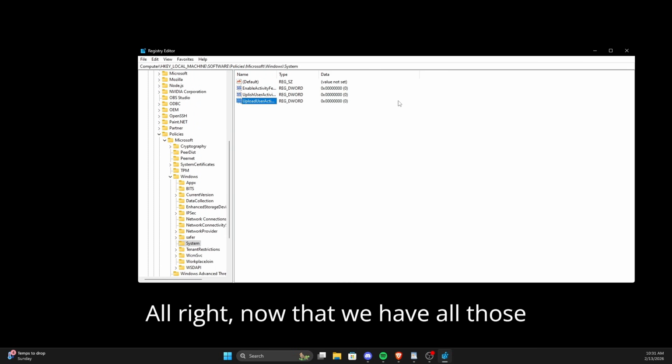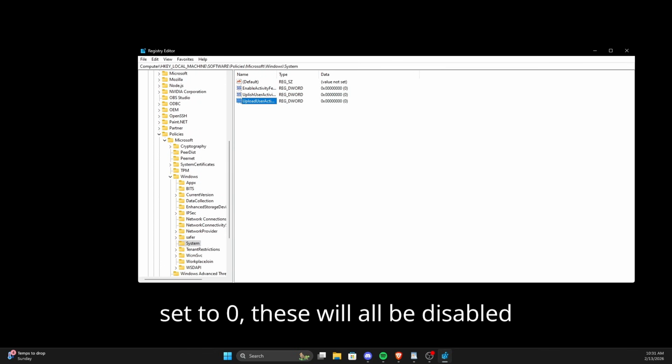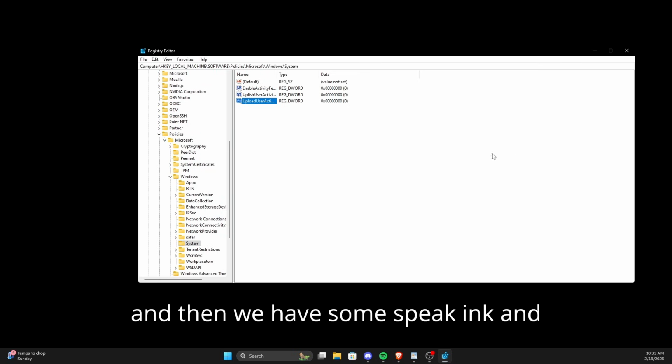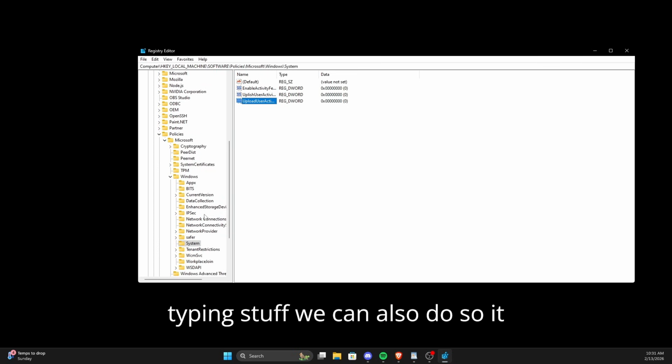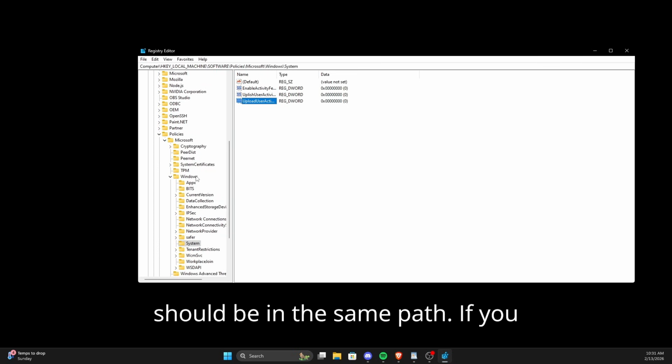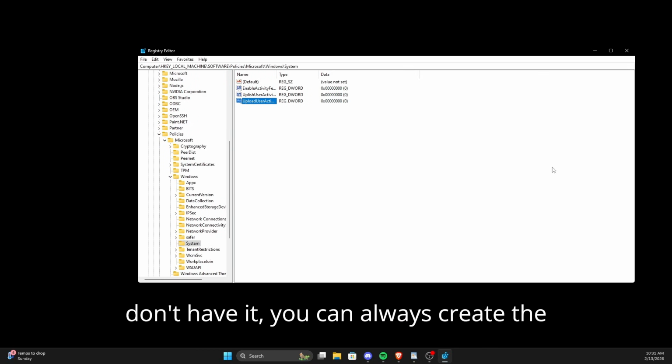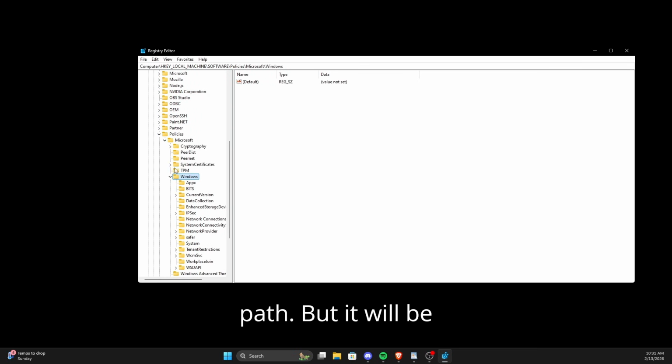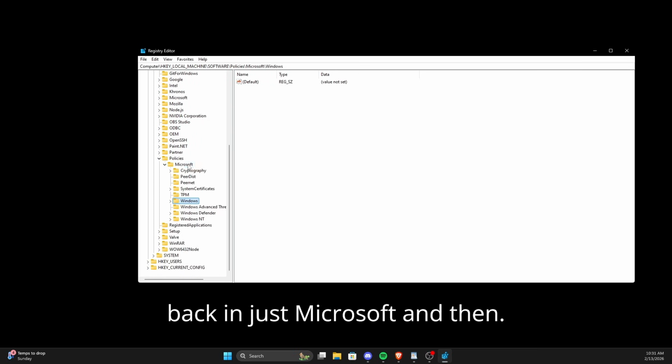Alright, now that we have all those set to 0, these will all be disabled. And then we have some speak, ink, and typing stuff we can also do. So it should be in the same path. If you don't have it, you can always create the path, but it will be back in just Microsoft, and then